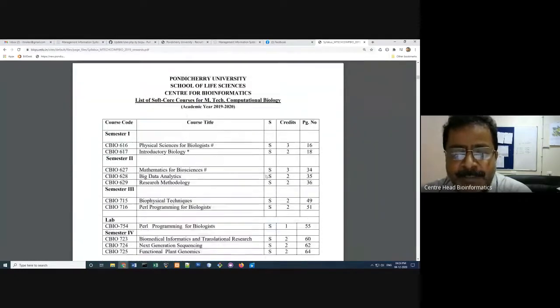And softcore papers here, you can see 2 papers are there in first semester. One is physical sciences for biologists and introductory biology. So these 2 soft cores, introductory biology paper is for who doesn't have biological background. Say for example, BE mechanical engineer, BE electronic and all those things.